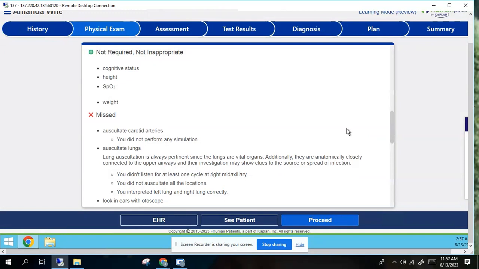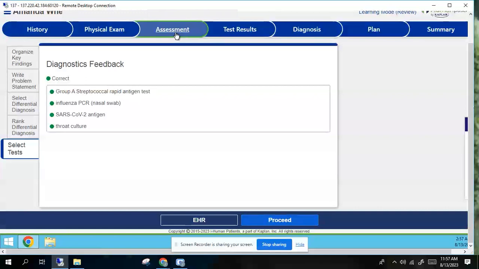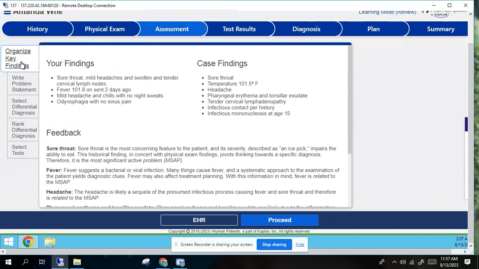Yeah, so this feedback is meant to guide you, help you know if you are on the right track. And then once you are done with the physical exam, you can move to assessment. Now, under assessment, there are always five items you're supposed to carry out. You start by organizing your key findings. Now, if this was, let's say, a live case, or if I was doing it, then